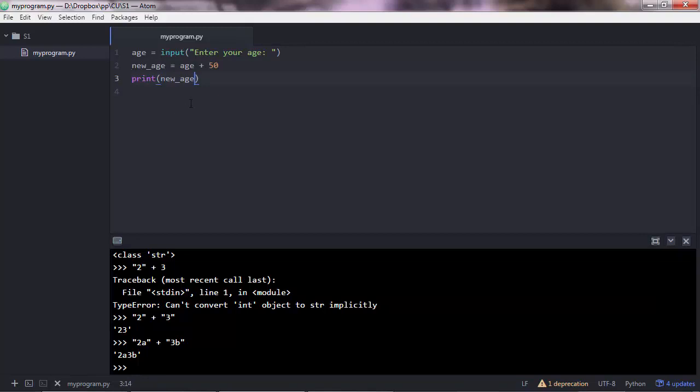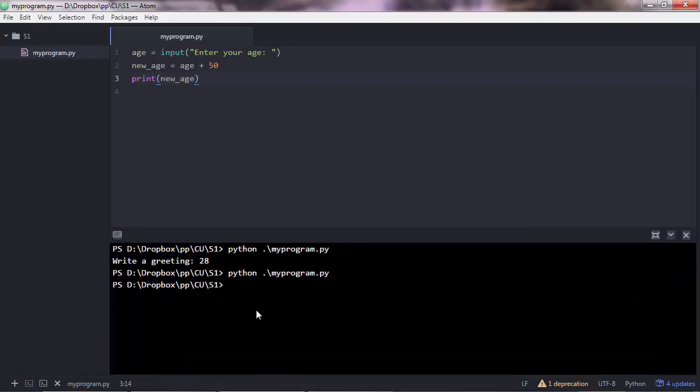We are going to get an error here, I warn you, but it's good that you see the errors that we get, because that's how you learn better. So python my program, execute. For now it's working fine, because Python executes a script line by line. So it goes to the first line, and if there is no error, it executes that line. In this case we have an input function, so the program is on standby mode, expecting the user to enter the input. Let's enter the input here, let's say 28,